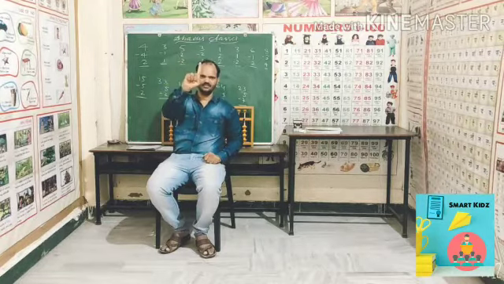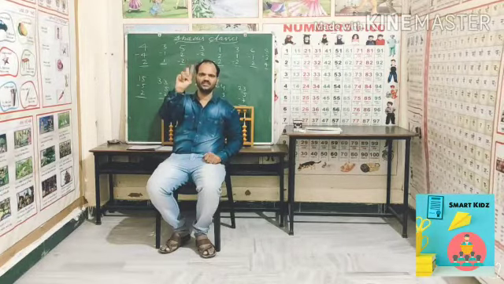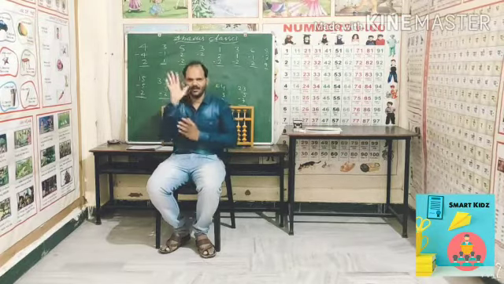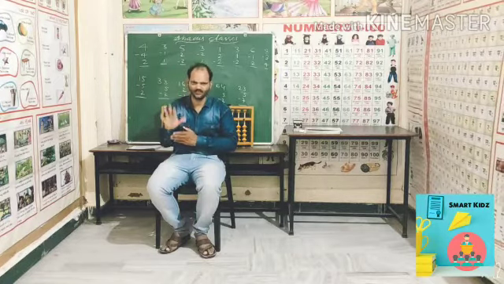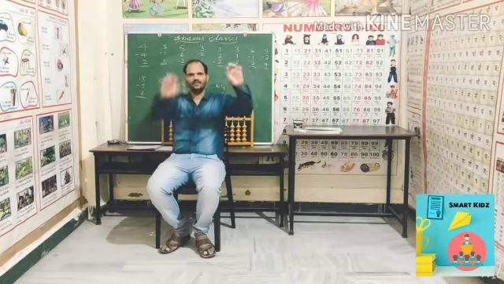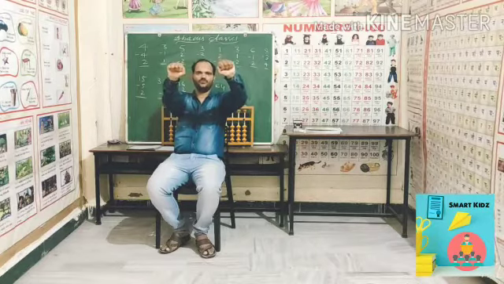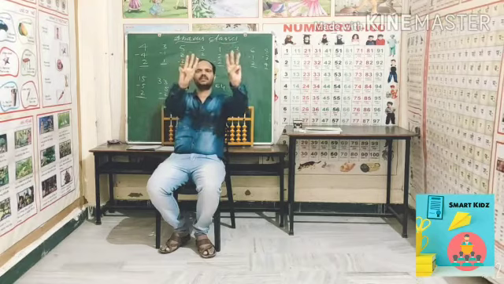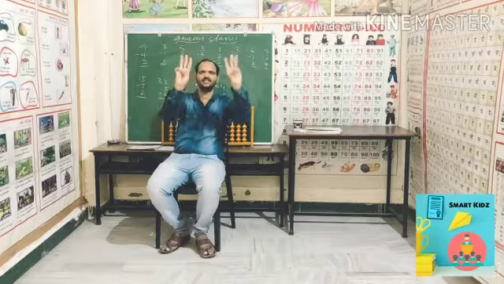And if you need 10, this is 10. If you need 20, you pull up 2 fingers, 30 with 3, 40 with 4 fingers. On the right hand you take 50, 60, 70, 80, 90 and 10, 20, 30, 40, and on the left hand you take 1 to 9. If my two hands are closed, this is equal to 0. If I pull up 3 here and 3 here, you have to think this is 30 and this is 3. So this is equal to 33.